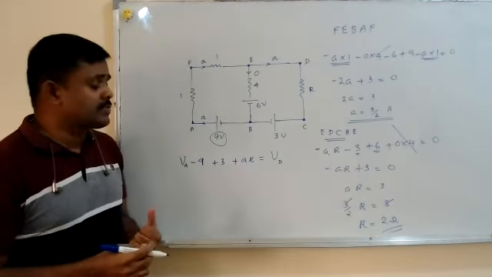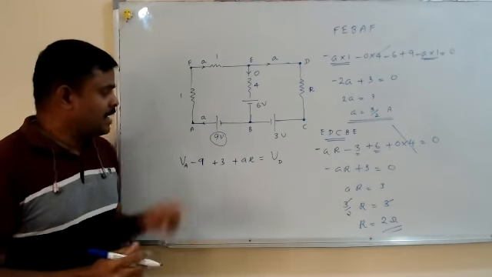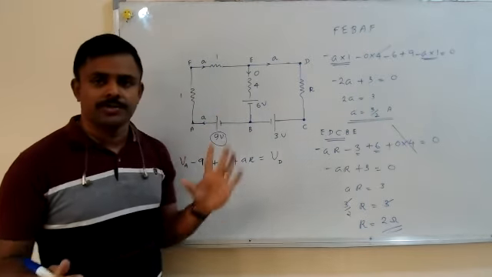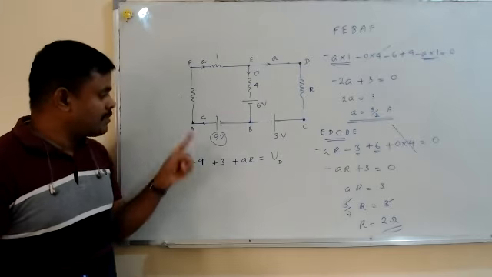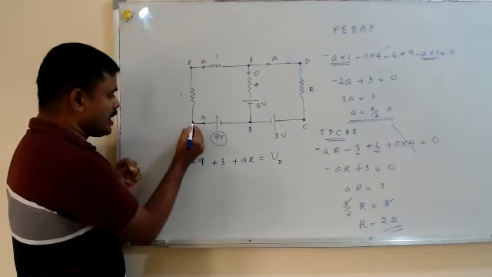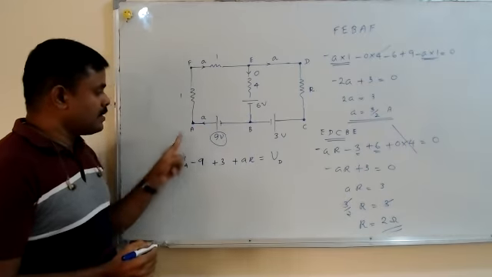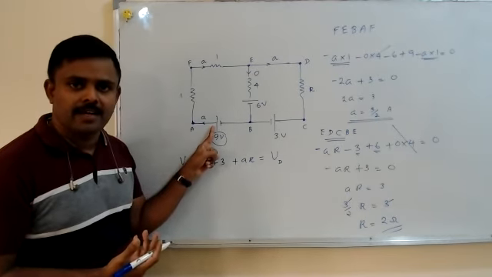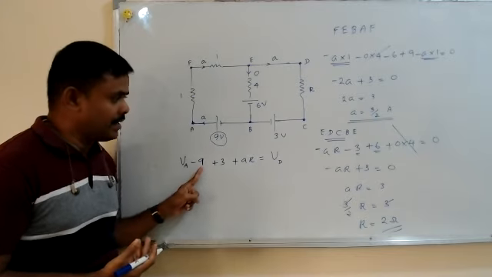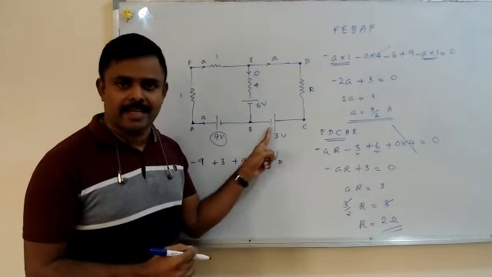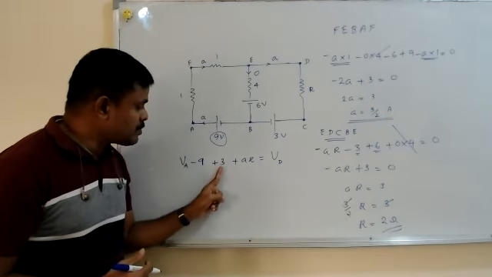Don't you remember Kirchhoff's voltage rule applied to paths? I take this path or this path or this path, it's up to you. I can have 3 paths there. I'm choosing this path. I start from here, so the potential is to be written first, VA. Then as I walk along, I encounter a cell. Cell's positive, so it is minus 9. I move forward and I see a cell. Cell's negative, which means it is plus 3.